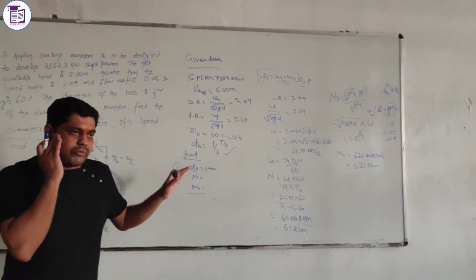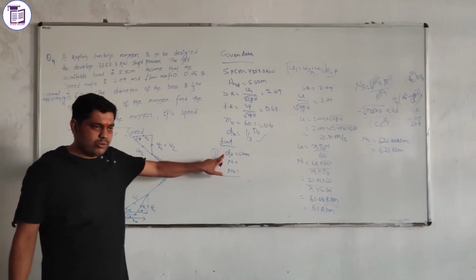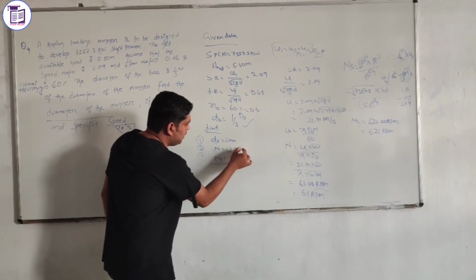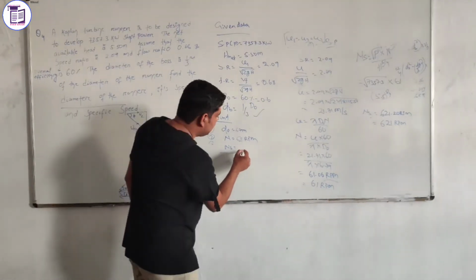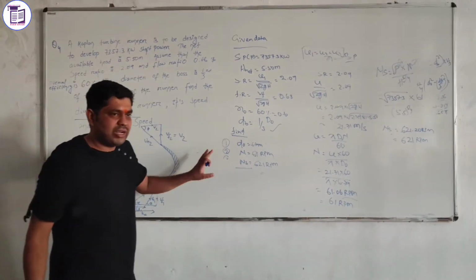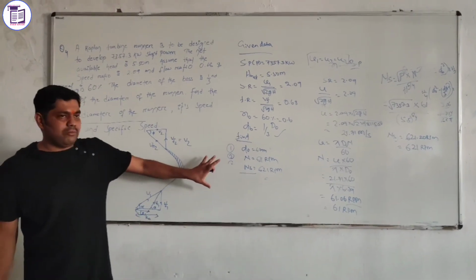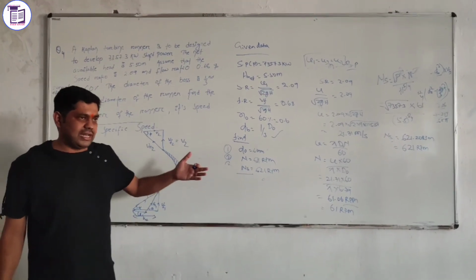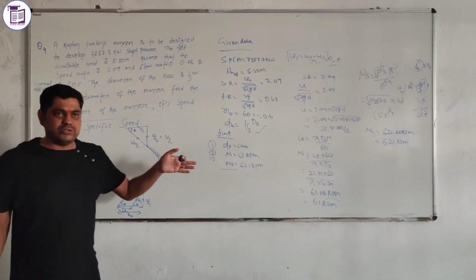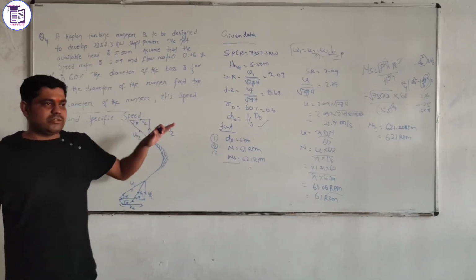So from this problem we have to find what? First of all, find the outer diameter Do and N, that is 61 rpm, and the specific speed, that is 621 rpm. So using both relations you can find the values. Similarly, in your problem you can also find different things like overall efficiency, mechanical efficiency and hydraulic efficiency. So using this relation you can find these.